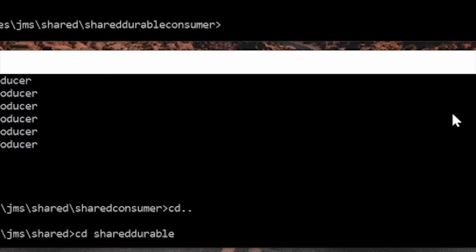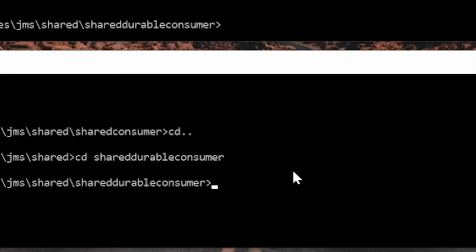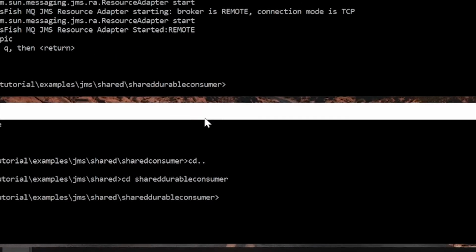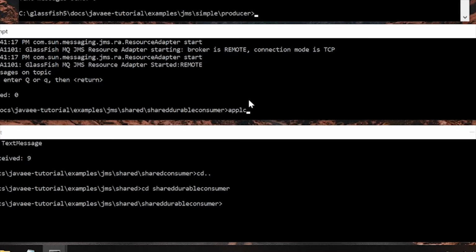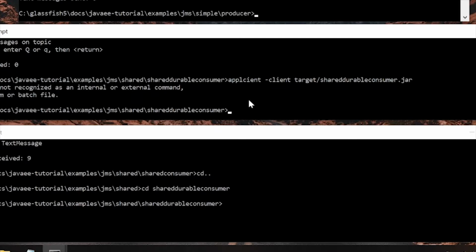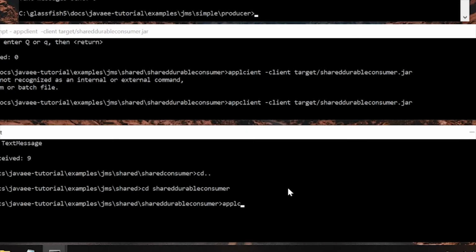shared durable consumer. Okay. And then next, let's run the client in both the first and so this one over here and this one over here. So let's go ahead and run them. Client target slash shared durable consumer.jar. Oh, I spelled that wrong. Client target slash shared durable consumer. Let's make sure that we spell that right. Do the same thing over here. Shared durable